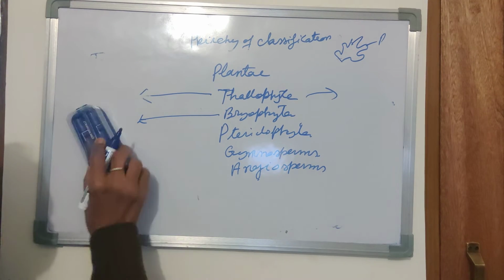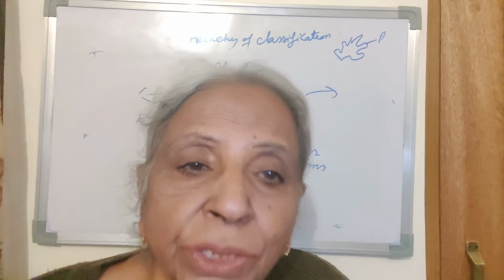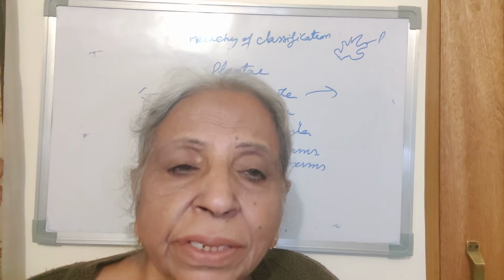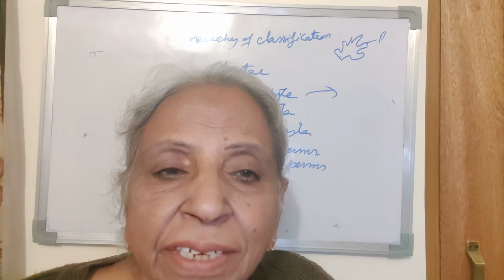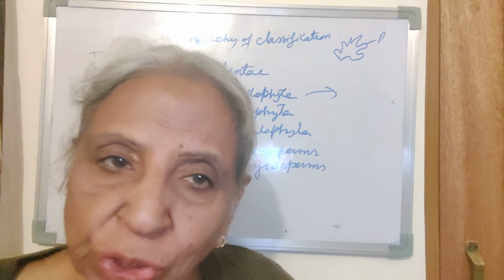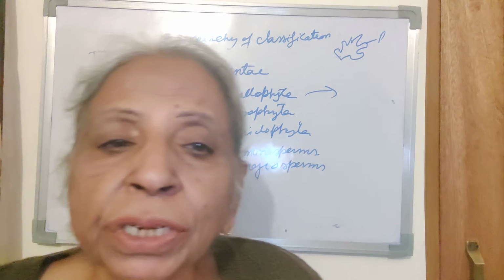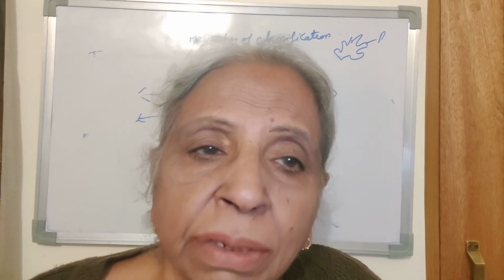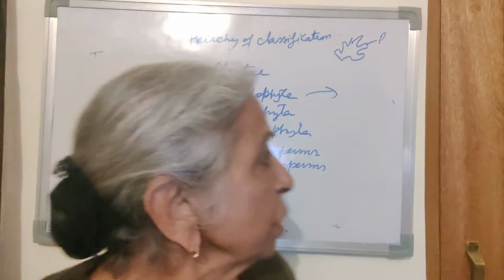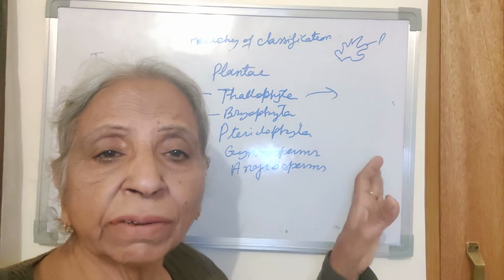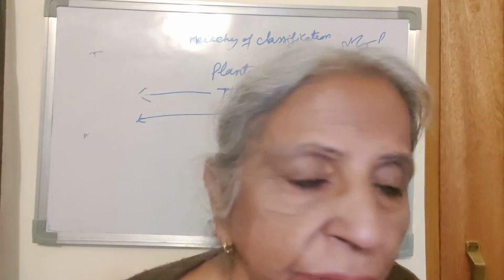In Pteridophyta, true stems and leaves are present. True stem, leaves and roots are present. And there is also vascular tissue present. Transporting tissue is also present, which transports the water, minerals and food material to the required part of the body. But in this case, seeds are not formed. So you are seeing that from lower level to higher level, the complexity is increased. So in Pteridophyta, seeds are not formed.